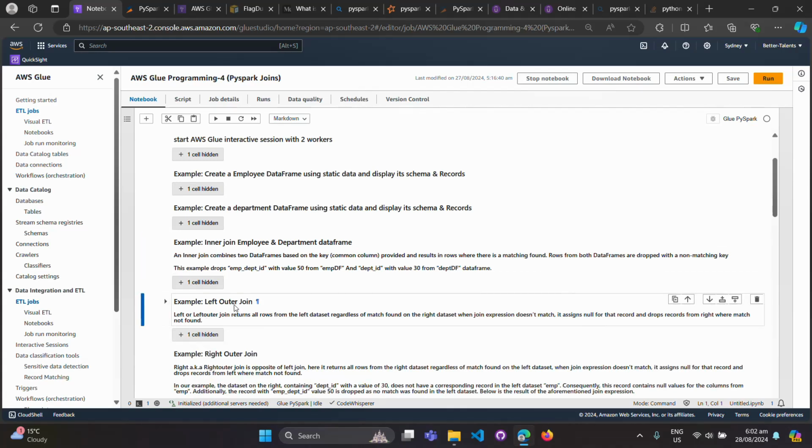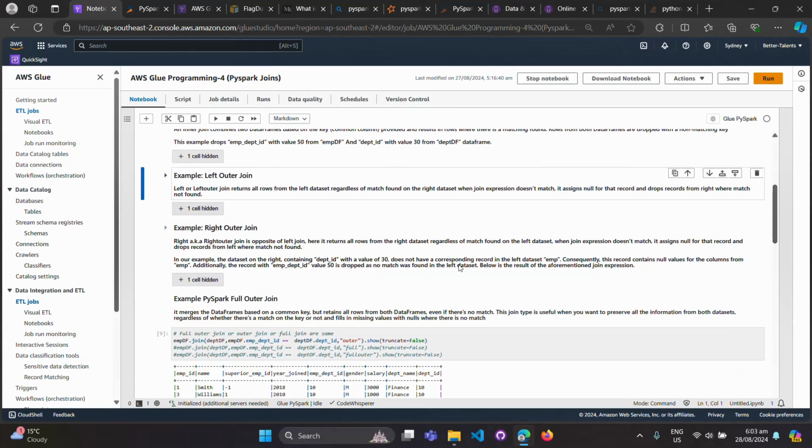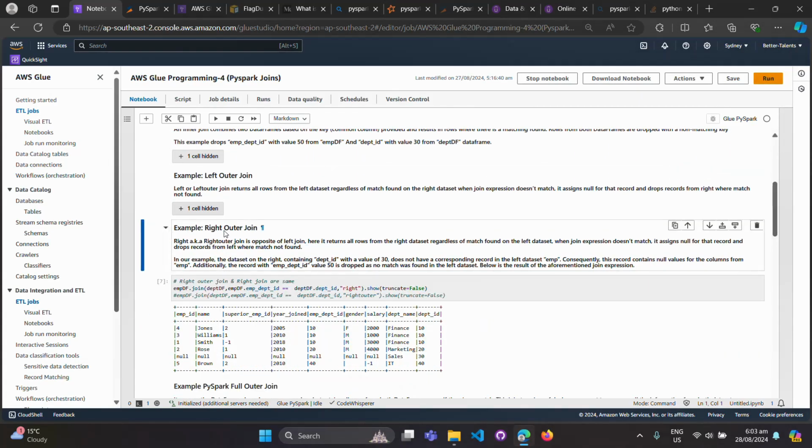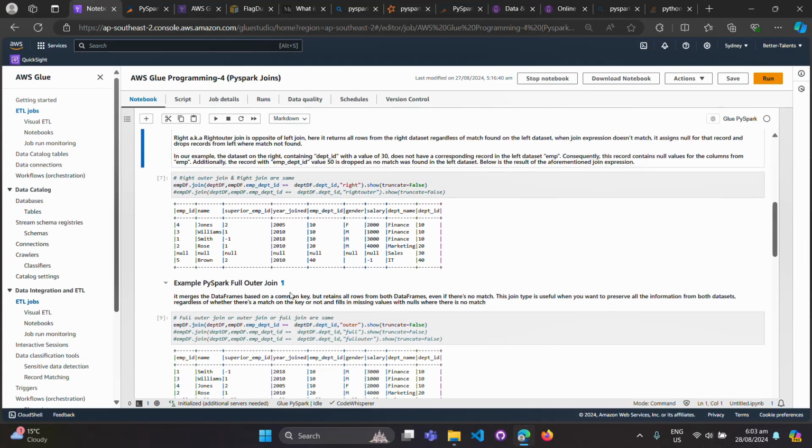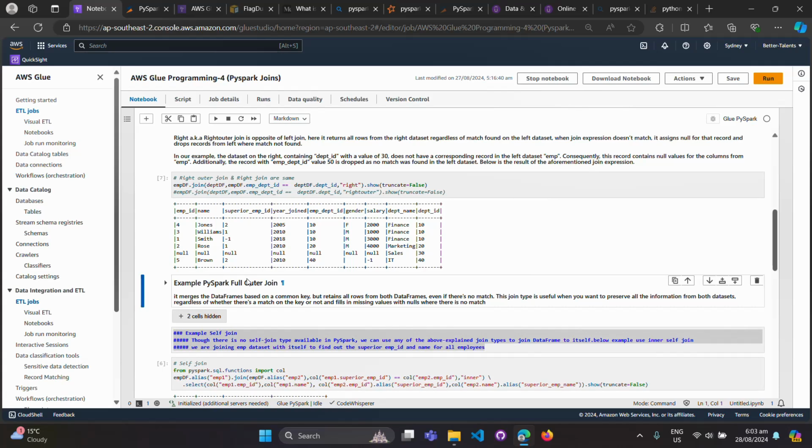Next will be an example of left outer join. If you scroll down more, we will have an example of right outer join. And here we have an example of full outer join,